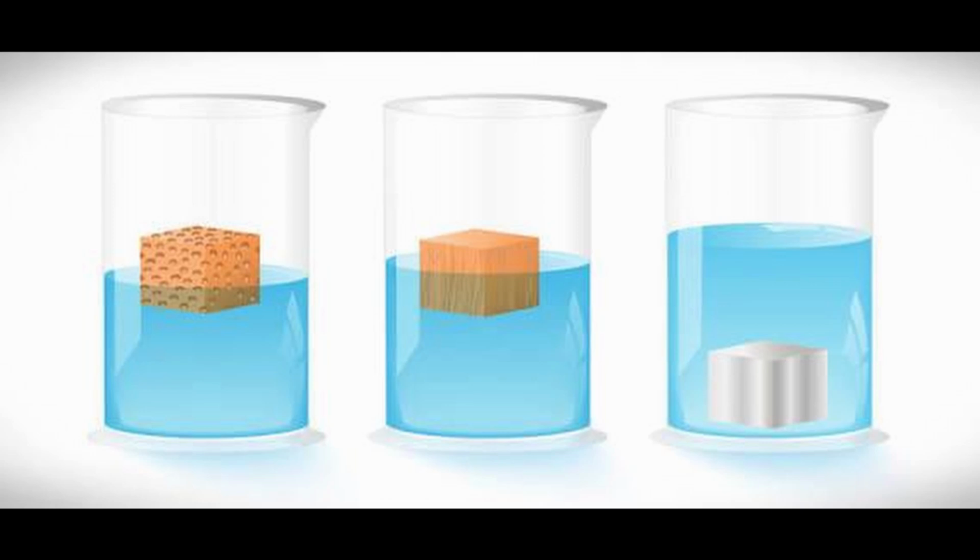Now let's take the example of glycerin. The density of glycerin is 1.25 gram per cubic centimeter, whereas the density of wood is 0.68 gram per cubic centimeter. So in that case, there is much difference in the two densities, that is the density of wood and the density of glycerin. So the wood will only slightly immerse in the glycerin.